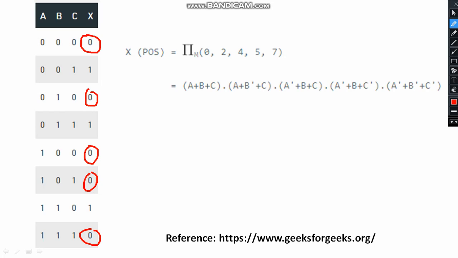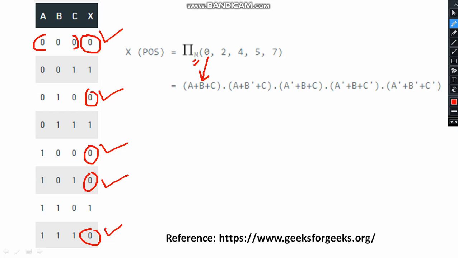Okay, and the thing is, the POS can be written, POS x POS, that can be written as the pi M, capital letter M. The first point is 0, the second point is 2, next is the fourth point, then the fifth point and the seventh point. Now we can write the corresponding terms. The first number, look at this,